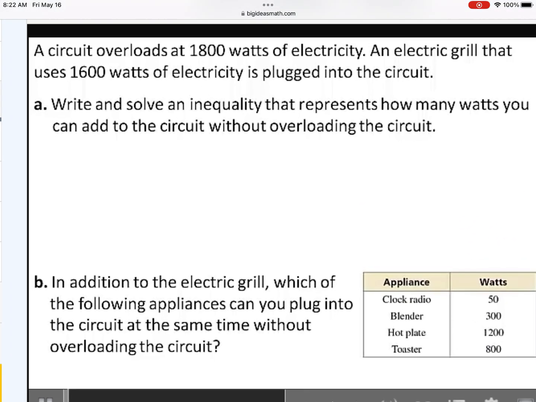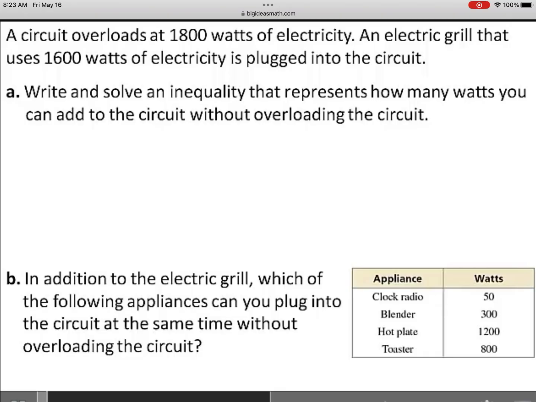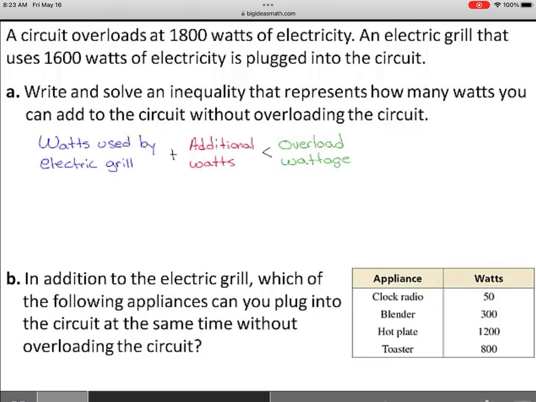A circuit overloads at 1,800 watts of electricity. An electric grill that uses 1,600 watts of electricity is plugged into the circuit. Part A. Write and solve an inequality that represents how many watts you can add to the circuit without overloading the circuit. Notice that the watts used by the electric grill plus the additional watts must be less than the